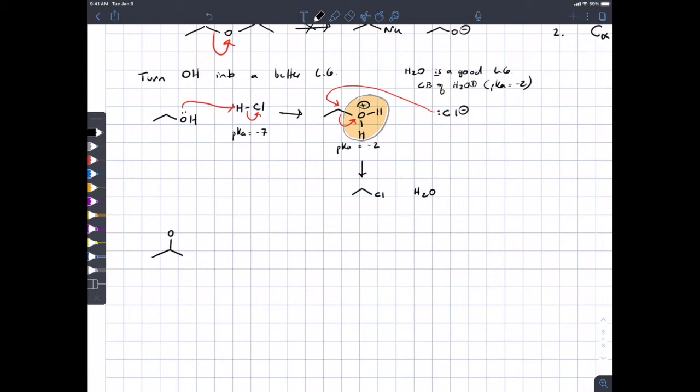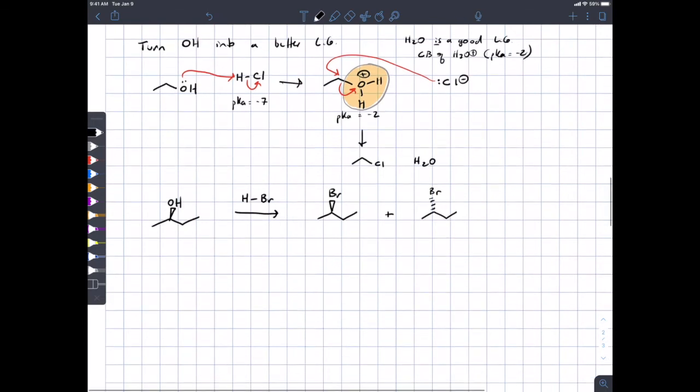But there's a complication. And we start to see this complication when you start to move to secondary and tertiary alcohols. And that is, you can try the approach of protonating the OH and turning it into a good leaving group, but you get both stereoisomers. So what do you think that means for the mechanism? It's not Sn2, or at least it's not completely Sn2, because otherwise we should have seen only the inverted product,